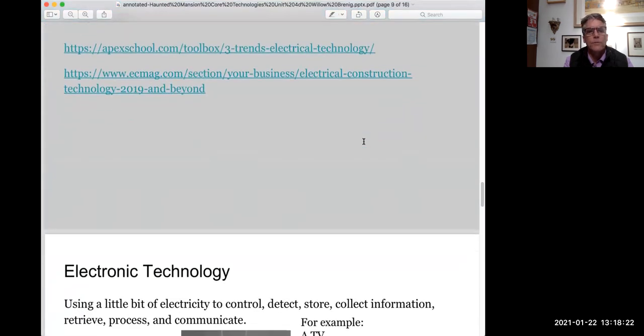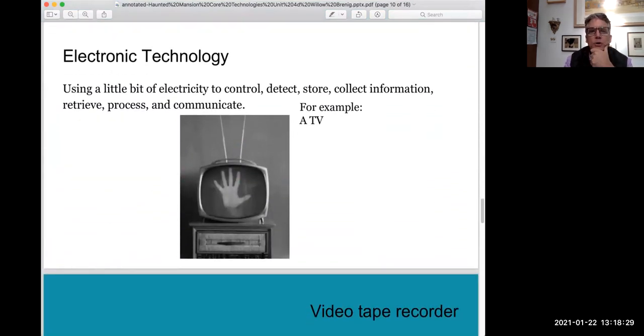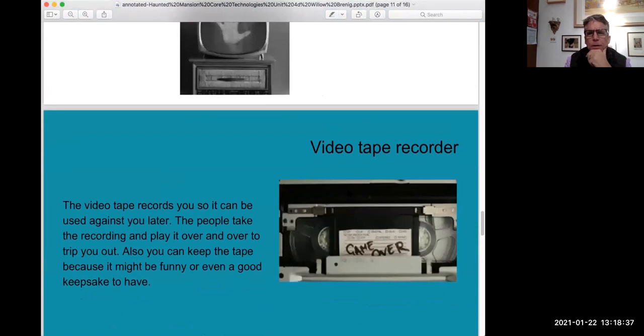Okay, here's some sources for that. Then we're getting, I like it if all the sources are at the end, but that's fine. Then the next card, electronic technology with the definition. I love these pictures. Where in the world do they come from? Game over. So videotape recorder,